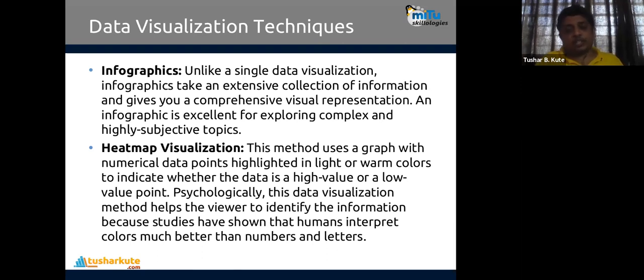Heat map visualization means, see, again, in a picture we remember the colors. According to the intensity of color, you can check the intensity of that data. Very dark, dark, what we call green, orange and red. Orange is somewhat light red, that's why orange is not that dangerous. It is dangerous but not that much. That's why you call it red alert. Red alert means high risk is there.